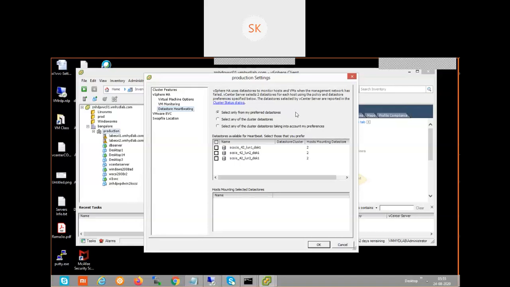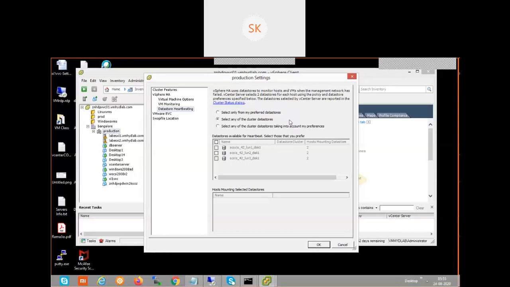The second option, select any of the cluster datastores, is managed by the system. The third option, select any of the cluster datastores, taking into account my preferences. The first and last options are according to my requirement. In the middle option, the system decides which datastore to consider for datastore heartbeat.